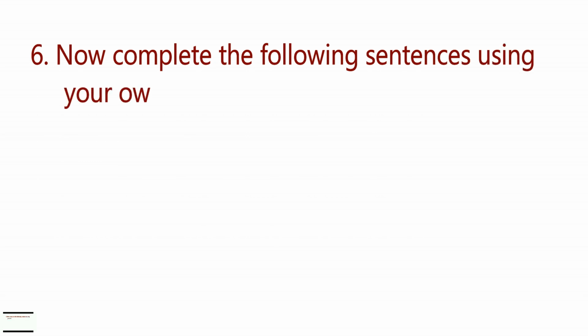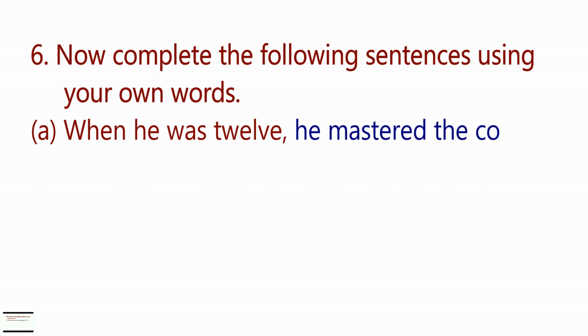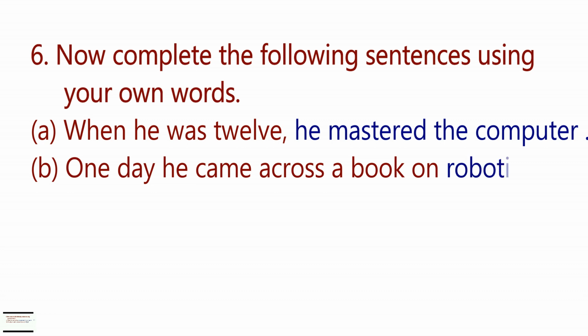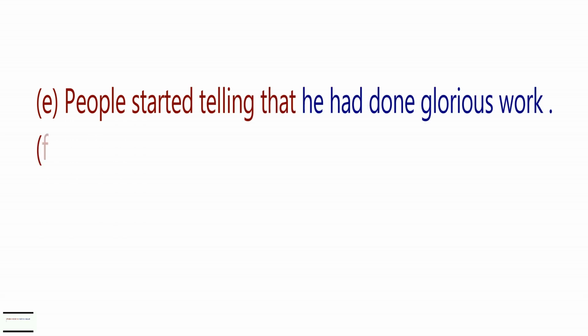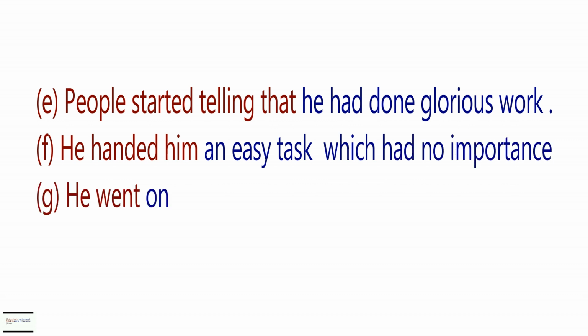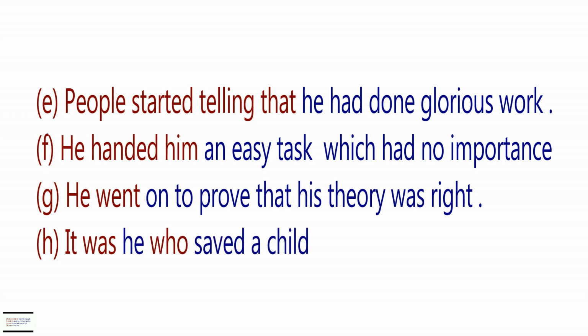Question number 6. Now complete the following sentences using your own words. When he was 12, he mastered the computer. One day he came across a book on robotics. He decided that he would take higher education. He never believed in superstitions. People started telling him that he had done glorious work. He handed him an easy task which had no importance. He went on to prove that this theory